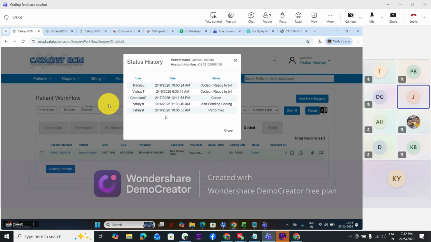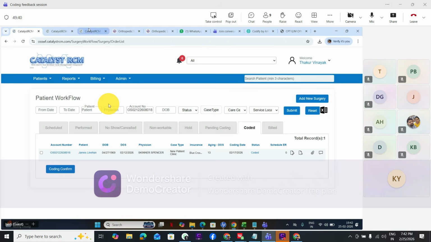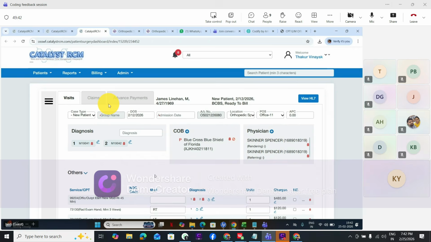Yes. And Jyoti, do one thing. Just check the auto suggestion. What auto suggestion is there? Maybe the coder is going with the same suggestion, so we can recognize it. But going forward,